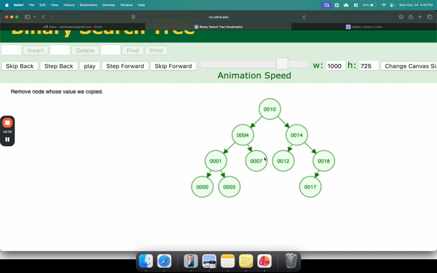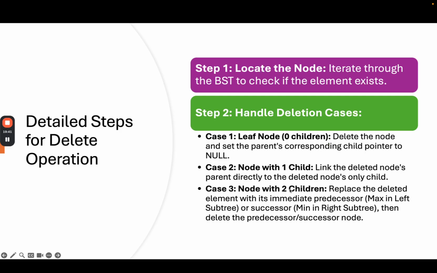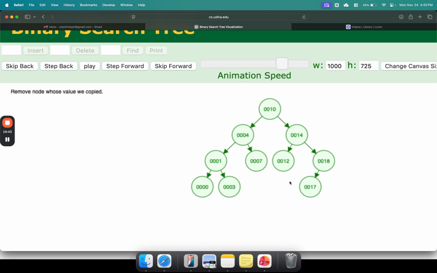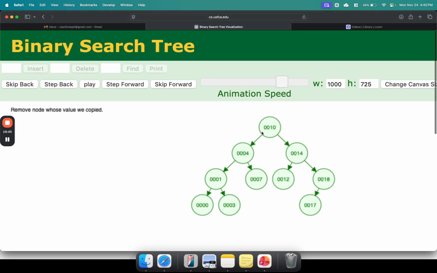But because we use the left predecessor, or the immediate predecessor, in this specific simulation, if I delete 14, take a look at what happens. I'm searching for 14. I go to the left subtree and find the biggest child, or the rightmost element.